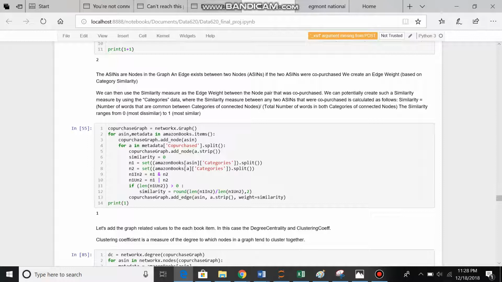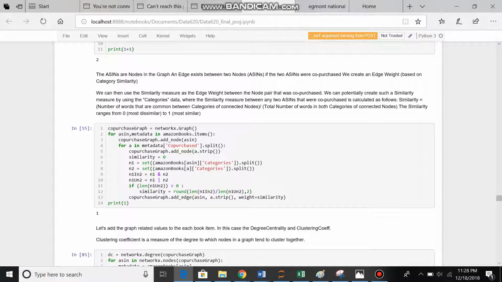Because right now each co-purchase in the network doesn't have a weight, but we need to add a weight that makes sense using